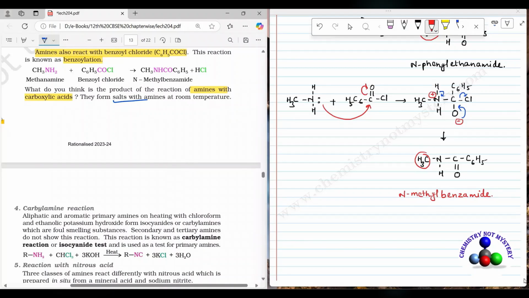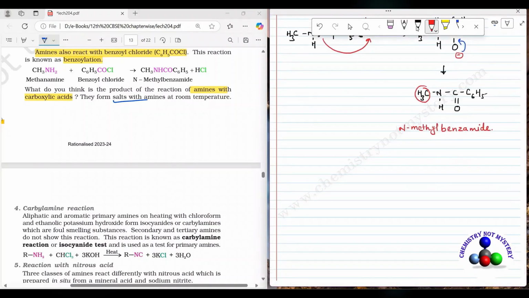Now let's write the reaction with carboxylic acid and amines. This is R, C double bond O, OH. This is carboxylic acid. When it reacts with amine, amine is R, NH2. I have taken the example of primary amine. So as I told you, carboxylic acid is an acid and amine is a base. Nitrogen has lone pair of electrons. Carboxylic acid donates H plus to the amines. So here you will get